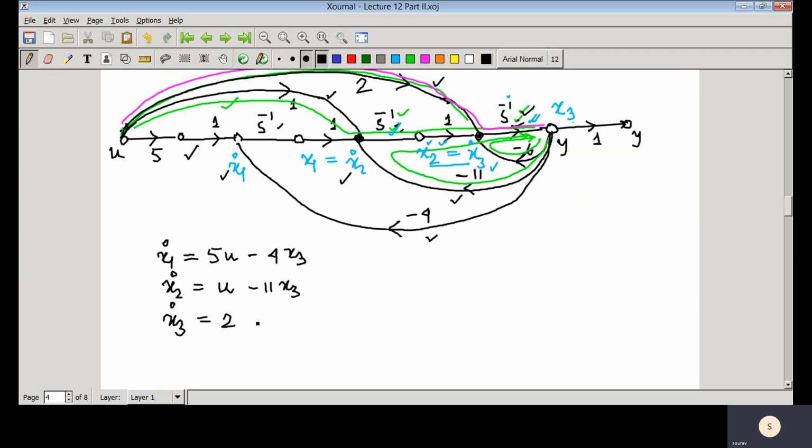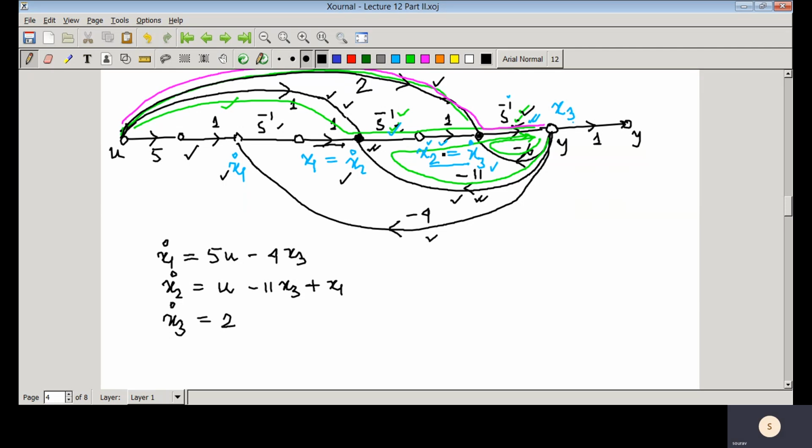So x2 dot in this case would be equal to u, and here that is minus 11 x3, and here we have another one, that is x1. So here you see x1 is coming here, so we have x2 dot plus x1,